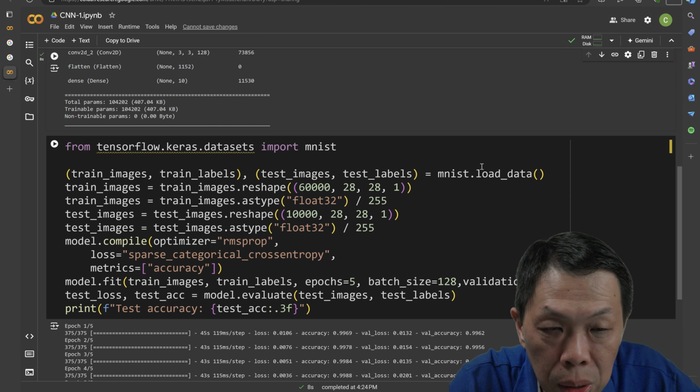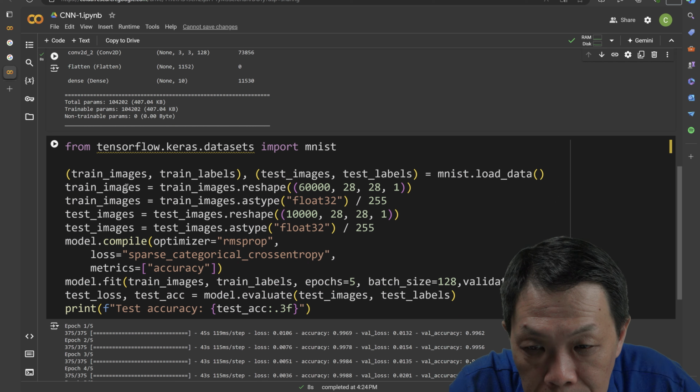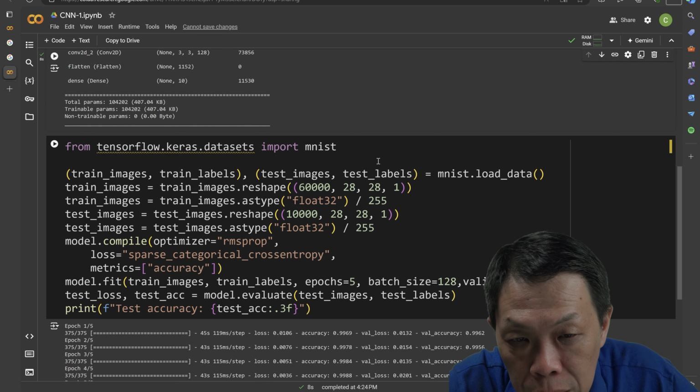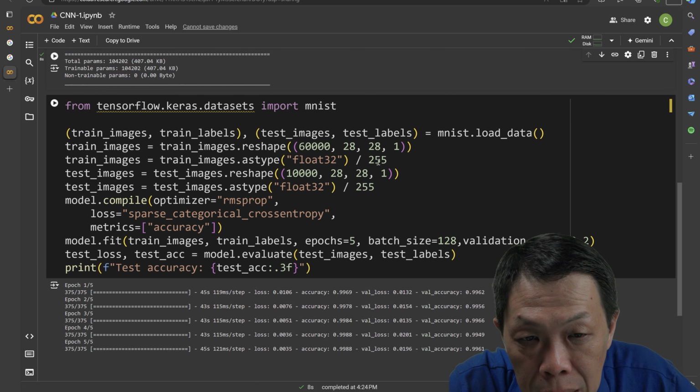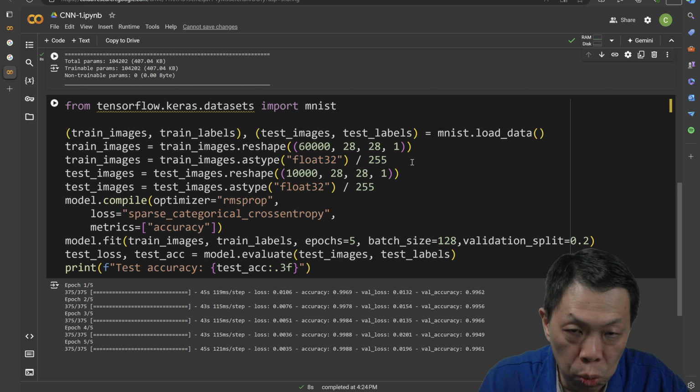So the same thing, we will separate the training images data portion and the test images data portion. We also use reshape to become one dimension and use normalization so that the values are between 0 to 1.